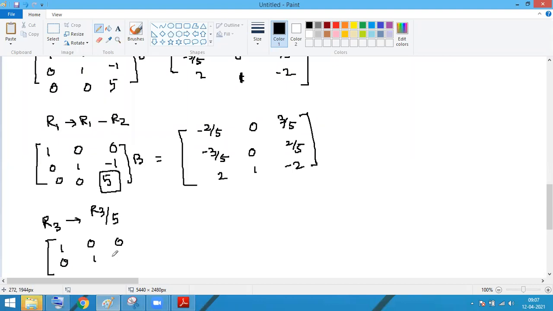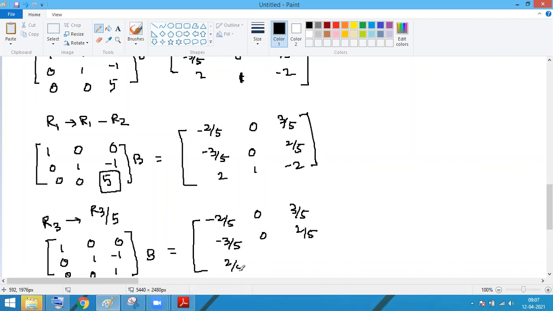0 1 -1 0 0 1, okay, into b equal to, now you will get here -2 by 5, then 0 3 by 5, okay, what about here -3 by 5 0, then 2 by 5, okay, then what about here किसे डिवाइड किया था 5 से, 2 by 5 1 by 5 and -2 by 5।